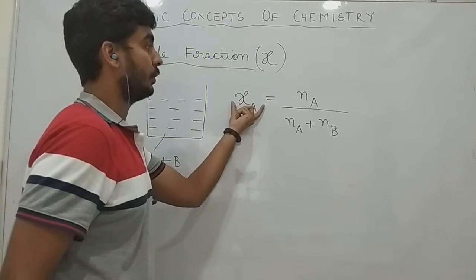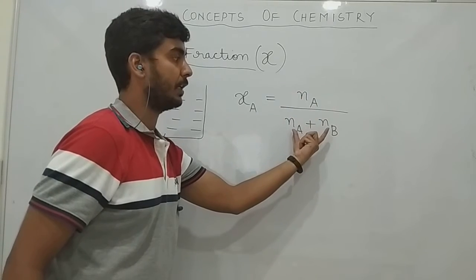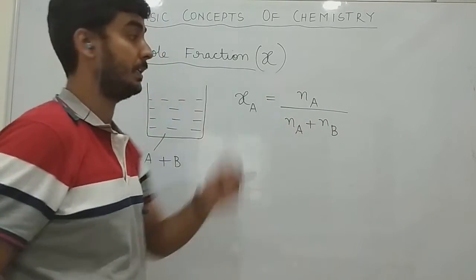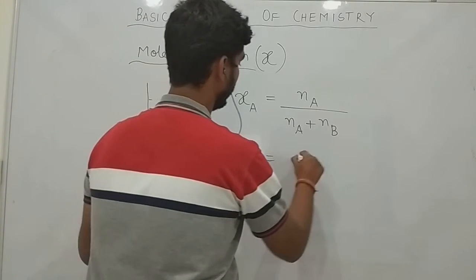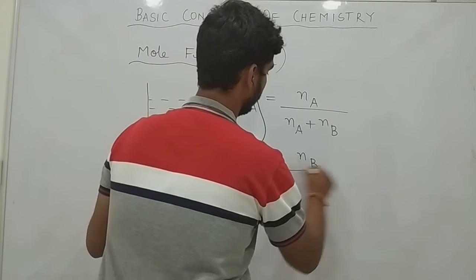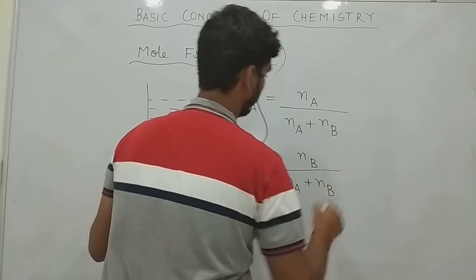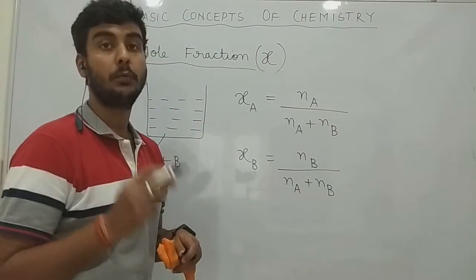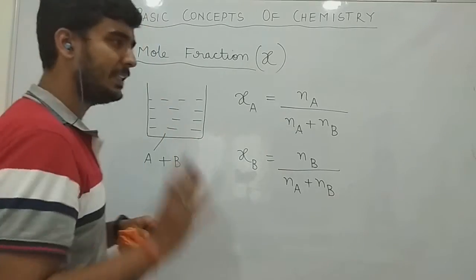So the mole fraction of A will be given as number of moles of A divided by the sum of moles of all the components present in the solution, that is Na and Nb. Similarly, the mole fraction of B is given by number of moles of B divided by Na plus Nb, that is the sum of the number of moles of all the components forming the solution. This is how you find the mole fraction of two components. This is a very easy